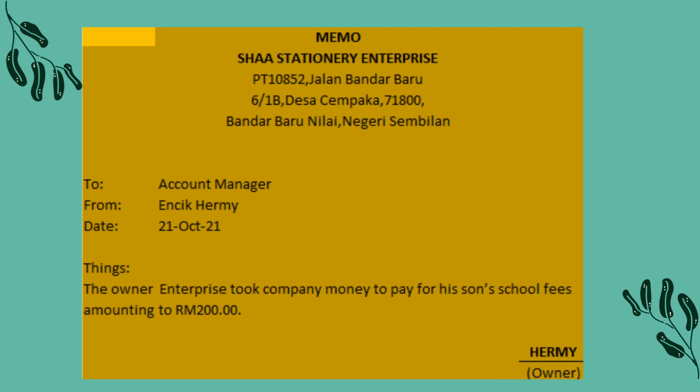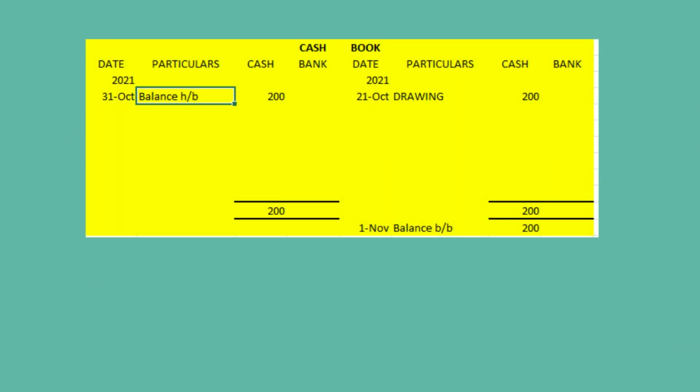As we can see in the memo, Mr. Hamid borrowed his company's money to finance his son's fees. This is a drawing because he took business money for personal use. The previous memo transaction can be recorded in the credit section of the cash book. This is because all the withdrawals related to business money will be recorded in the cash book, and other than business money, such as inventory, will be recorded in the